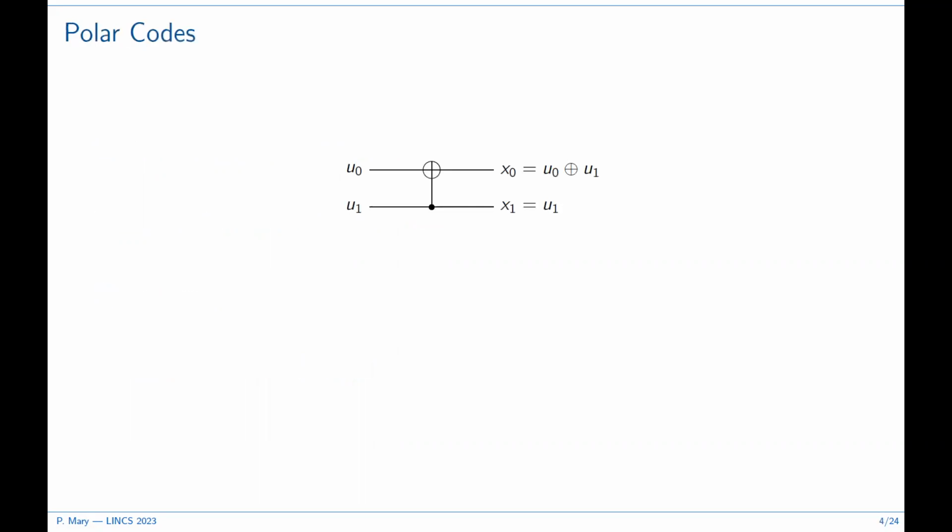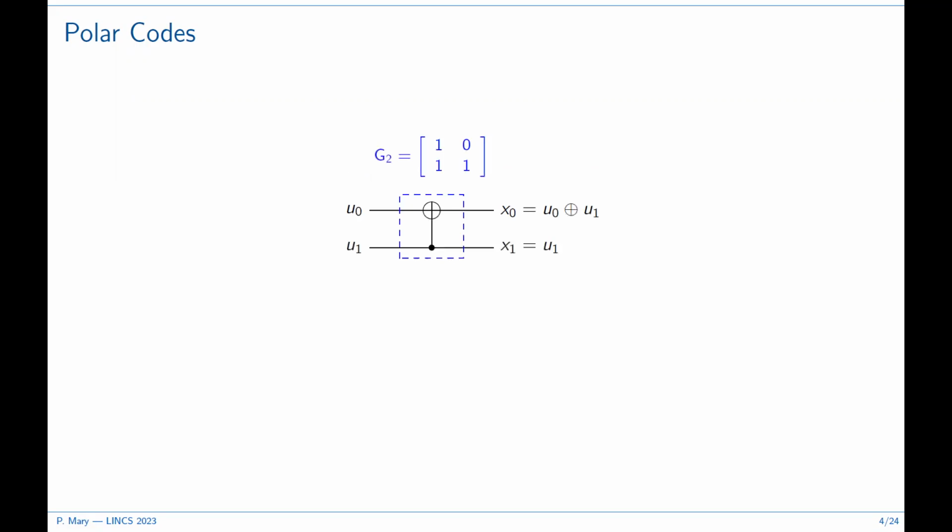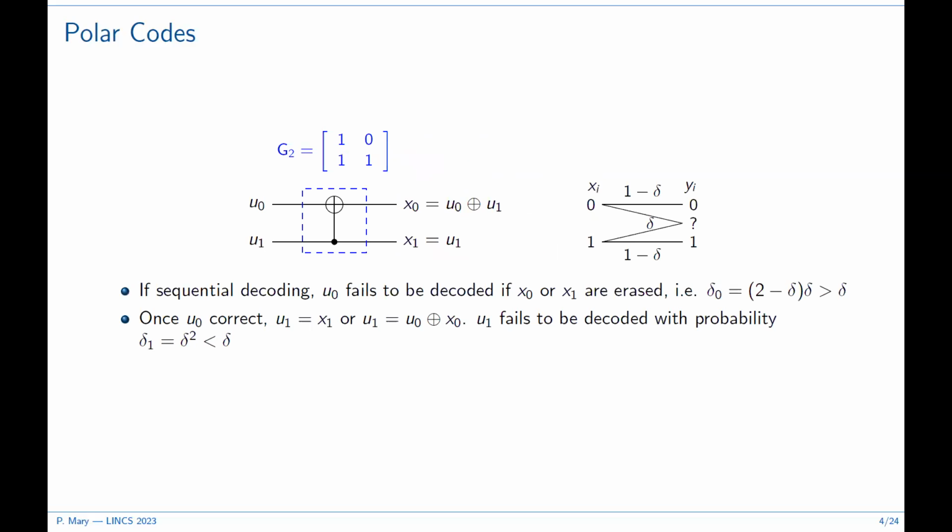Okay, here we go. This is the fundamental block of polar coding. This is a polarization kernel proposed by Arikan in his milestone paper in 2009. Here we have two input bits, U0 and U1, that are coded to the two coded bits X0 and X1 through this polarization matrix. Eventually, these coded bits go through a binary discrete memoryless channel, for instance a binary erasure channel with erasure probability delta.